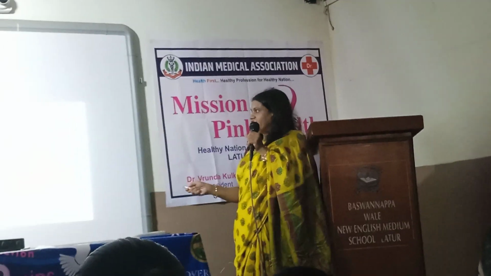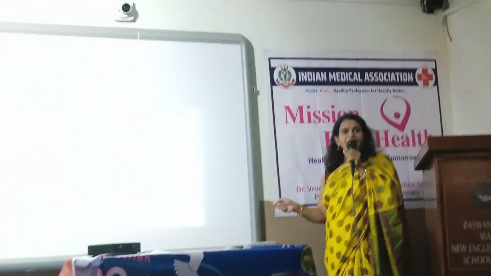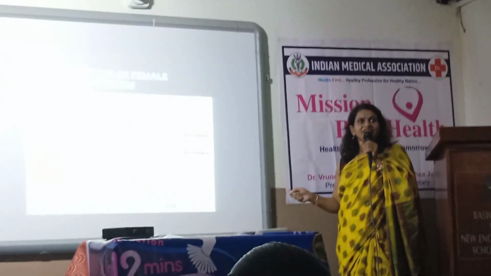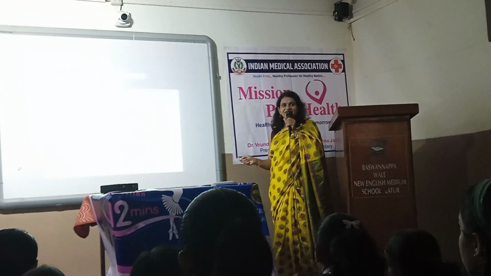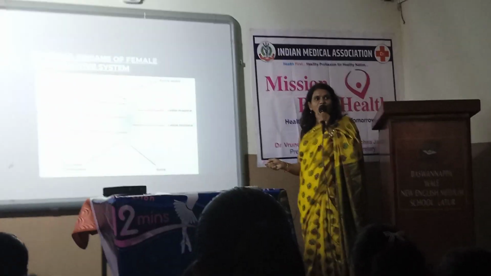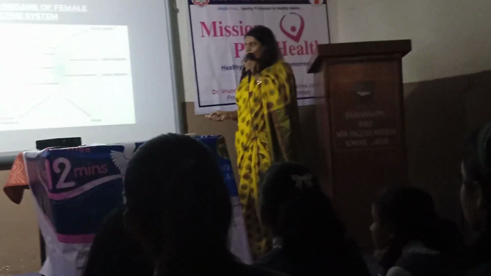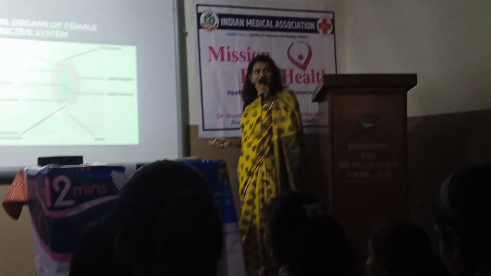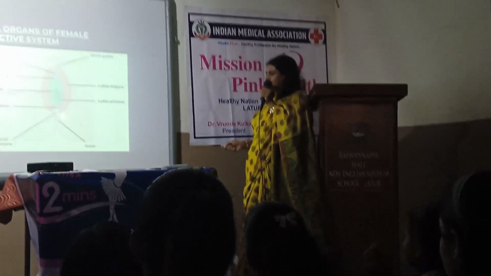Next please. So these are the external organs. You already know that in the center this opening is the vaginal opening. Above it, what is there? Which opening is there? Anyone? This is the urethral opening for urine, and below it this is the anal opening for feces. Is it clear, everyone? So these are the 3 openings.